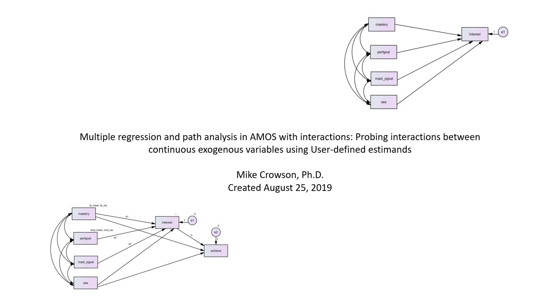Hello. In this video I will discuss multiple regression and path analysis in AMOS when you have interactions among continuous exogenous variables. Most specifically, I'm going to focus on how to probe interactions using the User Defined Estimands approach using AMOS. Now, rather than walking you through all the gory details with coding, I've created two text files that will allow you to generate simple slopes, simple intercepts, and conditional means for probing interactions